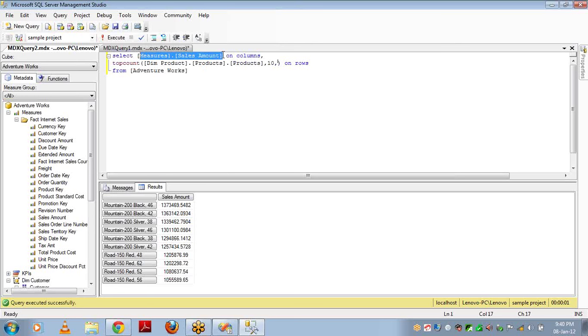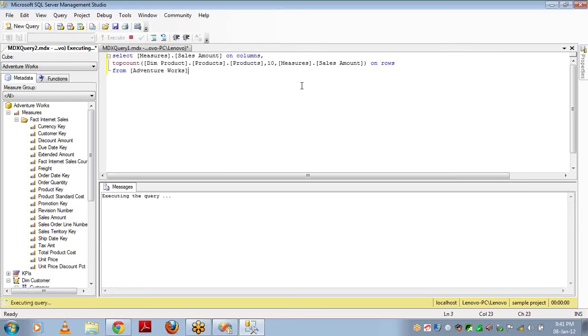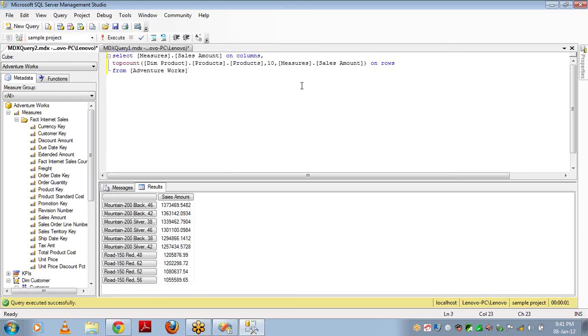I mean, what measure-wise you want to check the top records. I want to check based on the measure, sales amount. So it is giving you the same result. So in other words, TopCount is equal to order plus head. In the same way, order function plus head function. Order in descending.